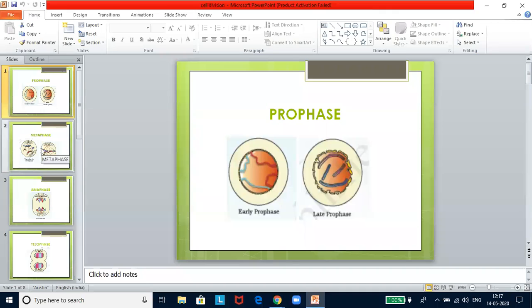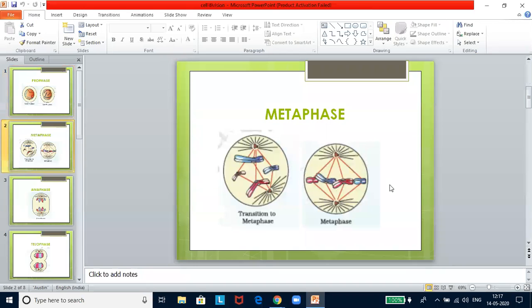The next phase is metaphase. Meta means coming to the middle, so the chromosomes will be aligning at the middle. That is why it is called metaphase. The nuclear membrane and nucleolus disappear, marking the beginning of metaphase. Chromosomes become shorter by further coiling. Chromosomes become distinct and visible under proper staining under a compound microscope. Chromosomes orient themselves in the equator of the cell in such a way that all centromeres are arranged in the equator, forming the equatorial plate.